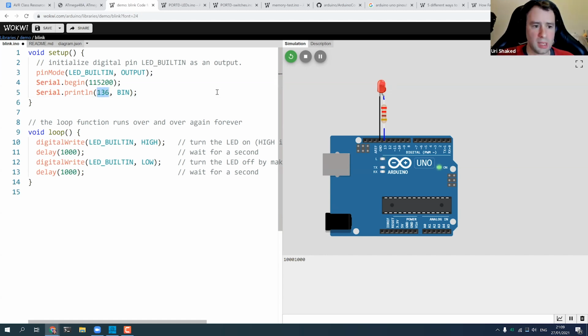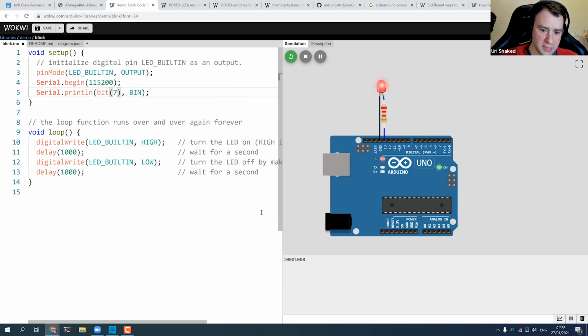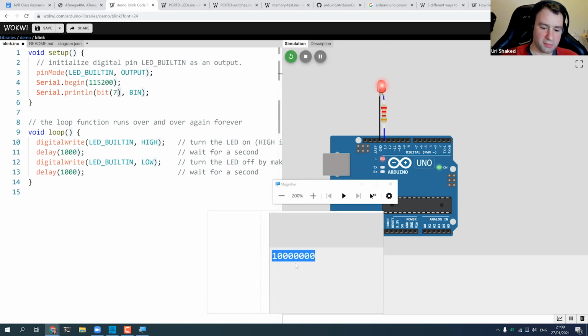One more utility that I really like is the bit macro. If we want to set a specific bit, let's say the most significant bit, the 7th bit, we just write bit(7), and that would return a number with the 7th, actually the 8th from the right, the most significant bit set.